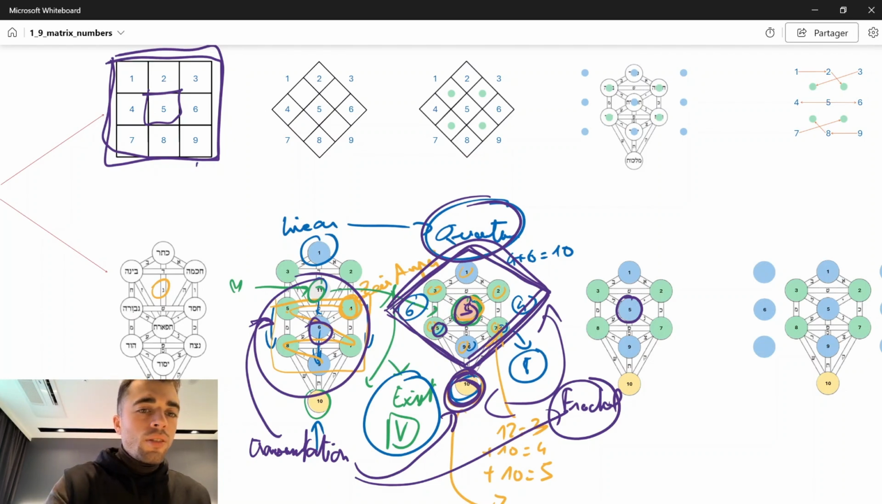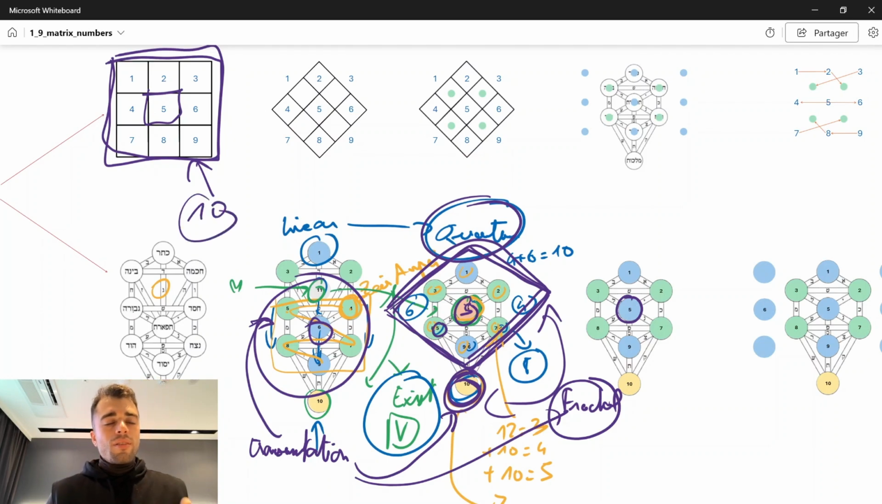Because if I tell you this square is a 10, you might not understand it or believe it or whatever. But this is very clear in Kabbalah, there is a 10 here, it's not even a question. It exists, it is there, and you have to take it into account. And why is the fractal very important? You remember